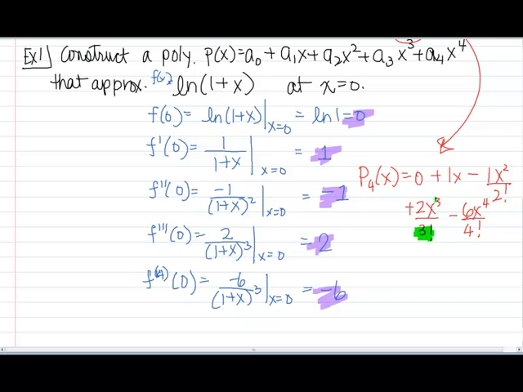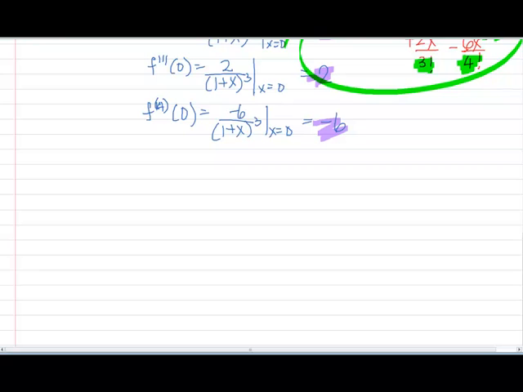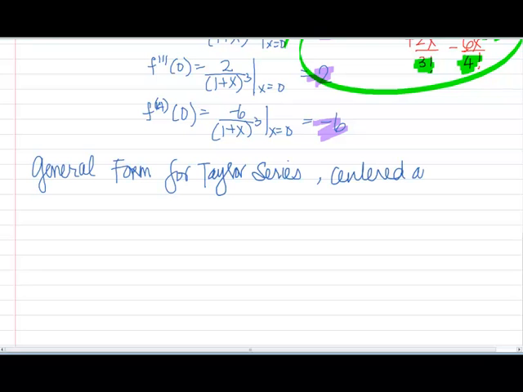Notice that 3 factorial matches up with the 3 up here. 4 factorial matches up with the 4. And same with the 2 and the 2 factorial. So this is going to lead to what we call the general form for our Taylor series, centered about x